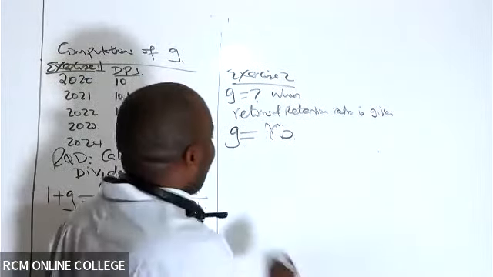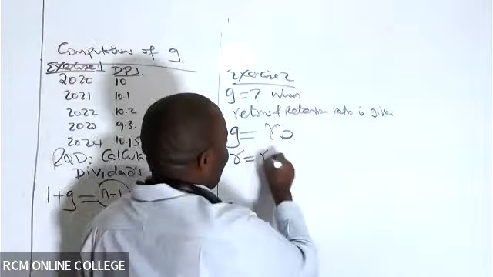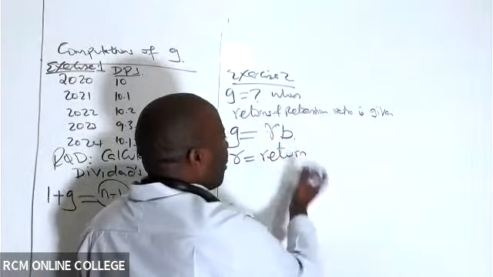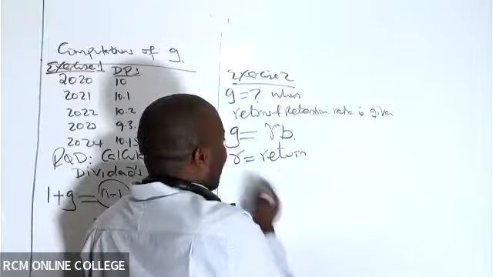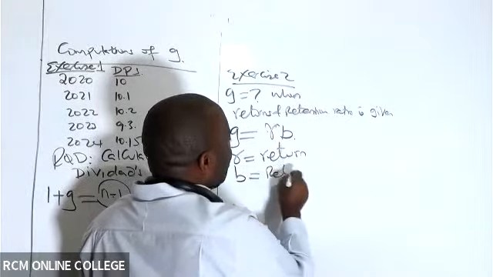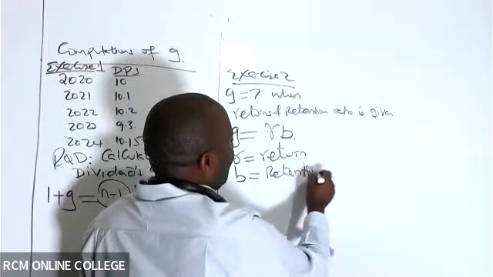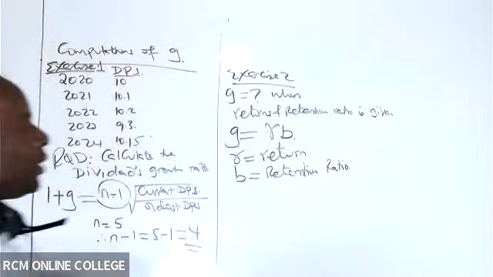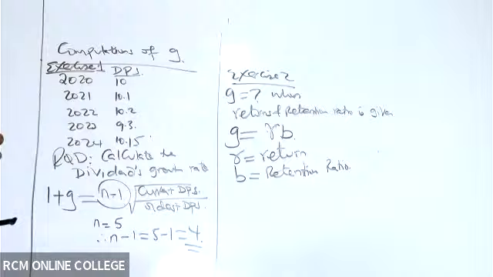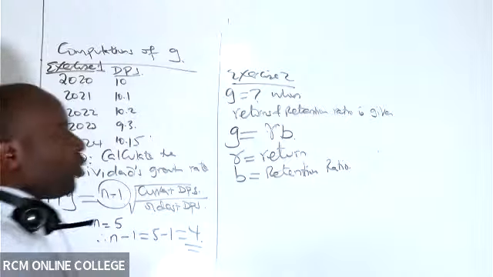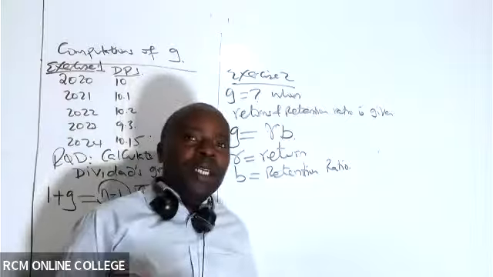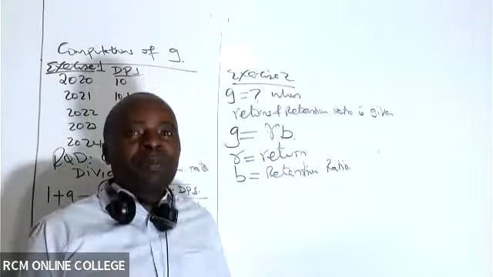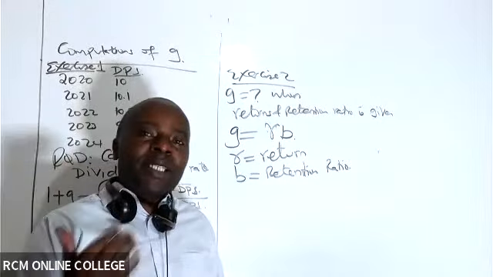So where R is the return, it could be return on equity, return on investment. And then this b is the retention ratio. Ladies and gentlemen, remember, if you want to grow generally, even in our personal lives, what matters is